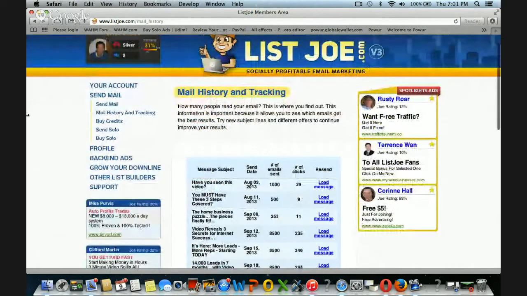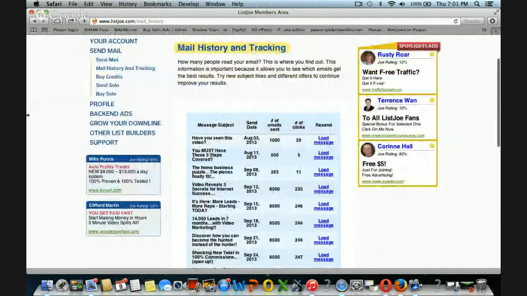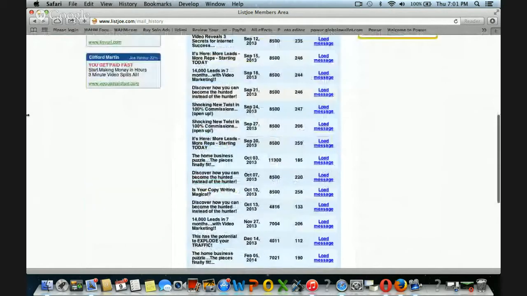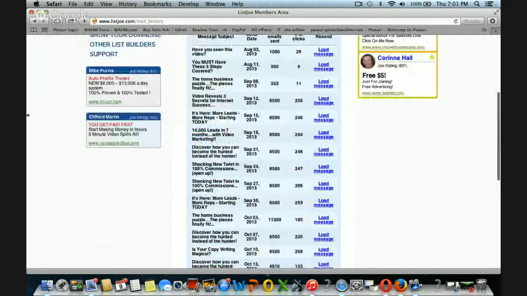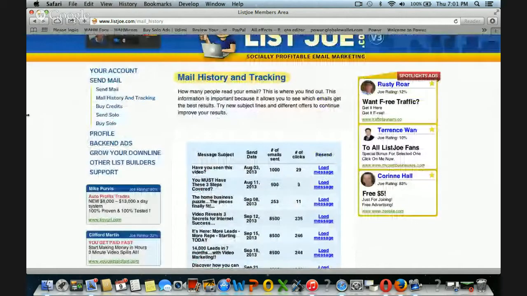But depending on what kind of account you have, if you have a free account, they'll let you send one email out every 7 weeks. They give you about 1,000 credits. If you buy up, it's like every 3 days. I have a bought up account, so every 3 days I can email out something to their list and their market and the other members. I can do it more often with a paid account, and I get more credits. You can always buy more credits too.